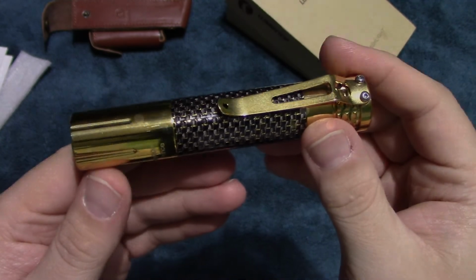We are out here in the darkness with the Lumintop, the brass special. And we're going to go ahead and start off on low. And this is extremely low. Yeah, but it makes it about 7 to 10 feet in front of you here, all the way to where I'm standing, all the way to there, and it is faintly making that water spout. Okay, so we're going to go up to the next level on this one,